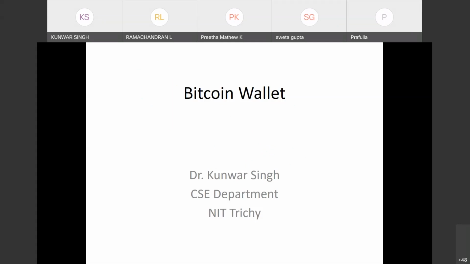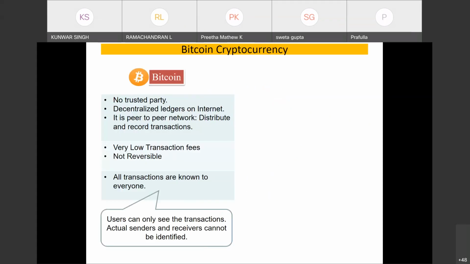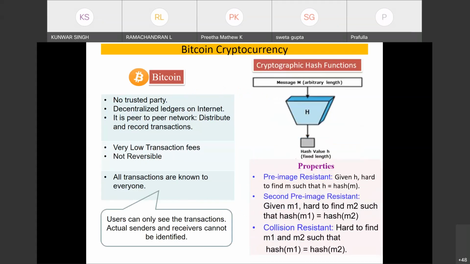In this area we have done something, and I'll tell you. Some techniques we have applied, and first I will briefly discuss those cryptographic techniques, and then you will see how they were used in the blockchain. So this session is about studying some cryptographic techniques and how they are used in the blockchain. This is one of the research areas. This we have already done, Bitcoin.